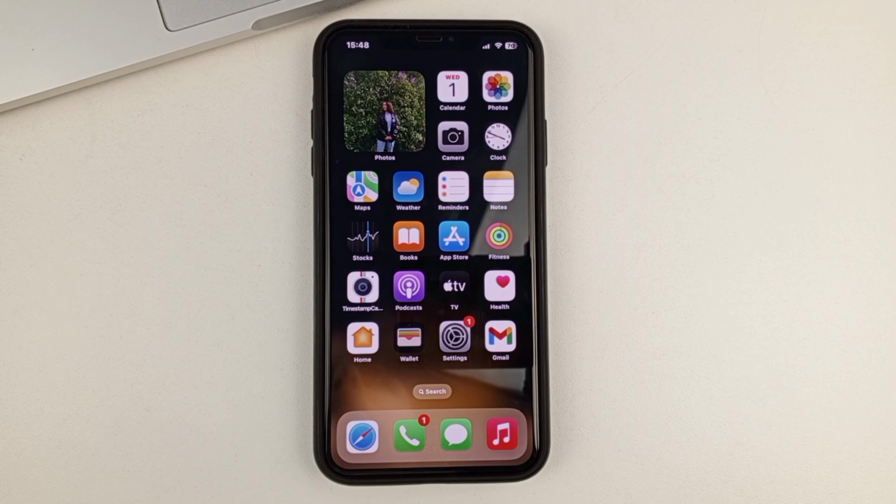In today's video, I will show you and tell you how you can very easily customize the auto lock screen